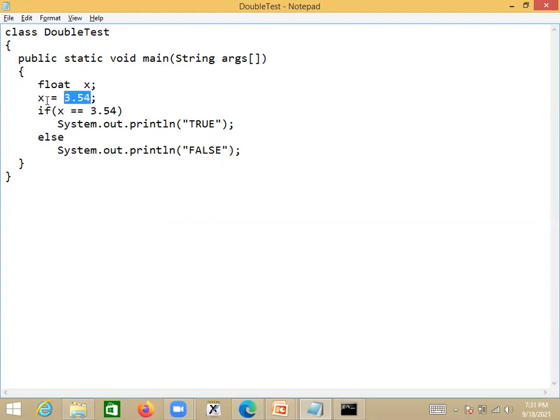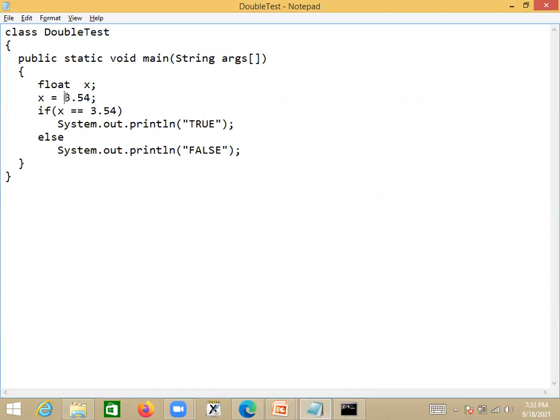When you try to store it here, it says error. That means the left hand side and right hand side are incompatible types. Java is a strongly typed language. All expressions are checked for compatibility, whether the left hand side and right hand side are of the same type or not. If there is any mismatch, it reports an error. That is what is happening. Why is there a mismatch? You may think that it is a floating point number, 3.54.